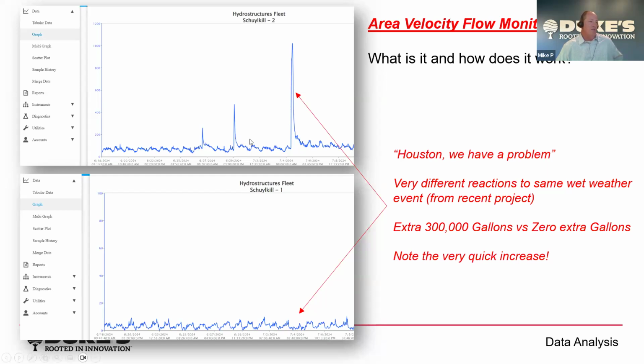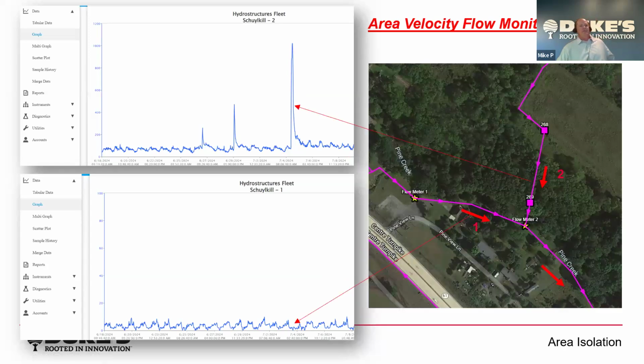And here's another side note. Note the quick response here: when the rain event happens, all 3 of them have this immediate jump, which is generally attributed to inflow. So this is where these came from